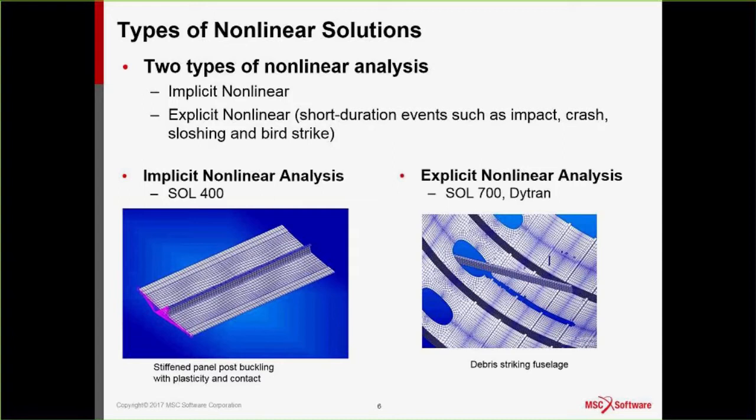Now, when we solve a problem like that, we use an explicit solution. In an explicit solution, we actually explicitly solve the dynamic equations with very small time steps. So for example, here I'm showing debris breaking through a composite fuselage. Right? The animation is quite slow, but it's really happening really fast. It's an impact problem. So we solve explicit nonlinear analysis in Nastran with solution 700, or we can solve it